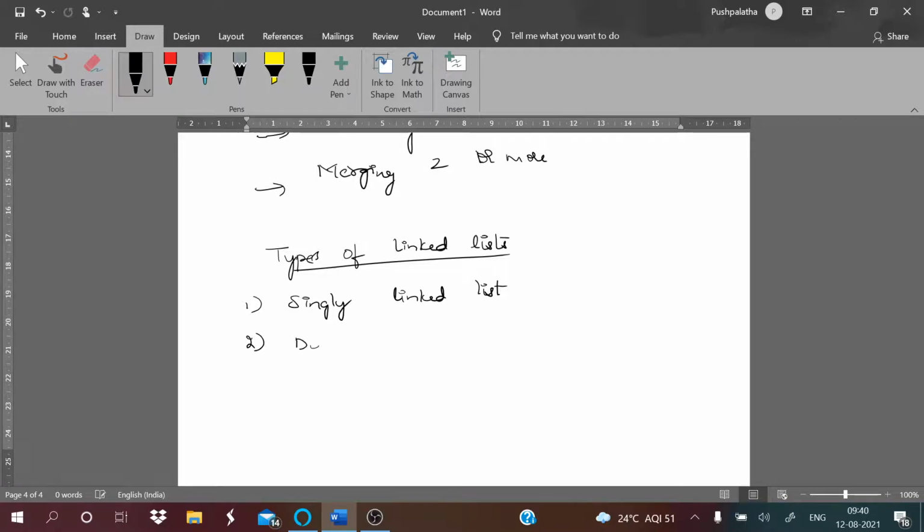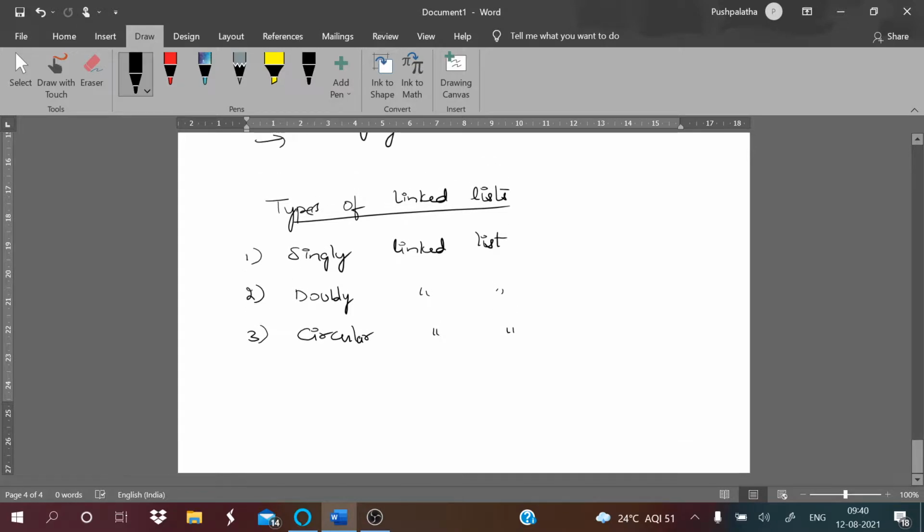Singly linked list, doubly linked list, and circular linked list. Again, this double and circular, we had it in the queues also, right? In the same way here also we have singly linked list, doubly linked list, and circular linked list. So let's go for the singly linked list.